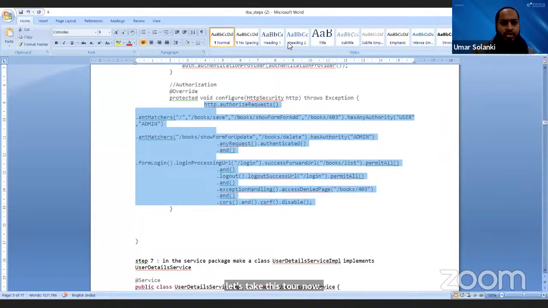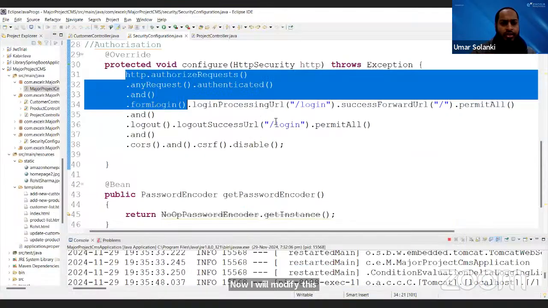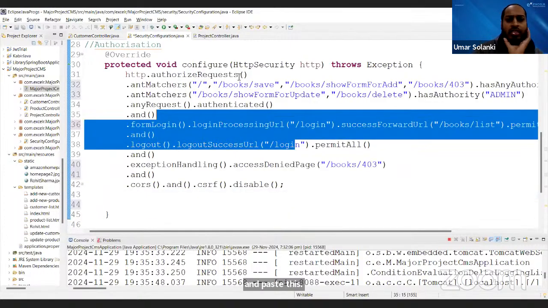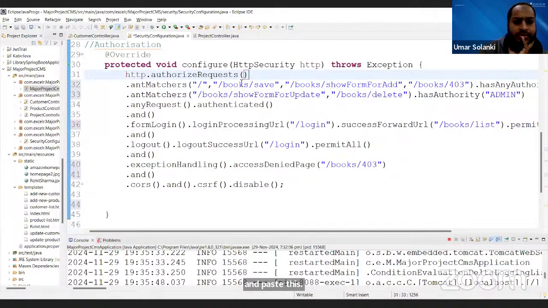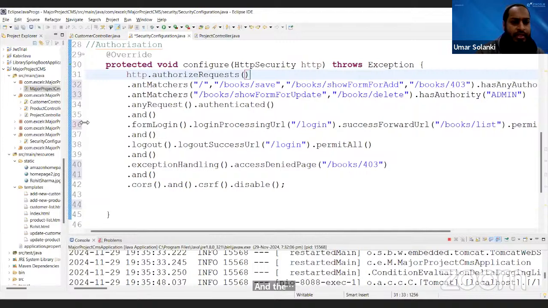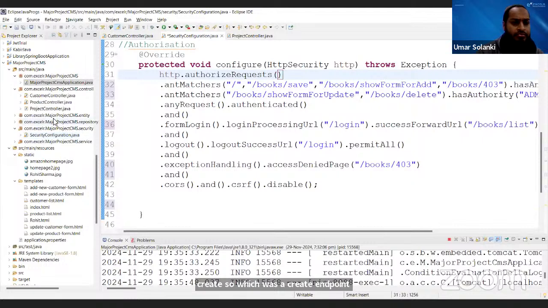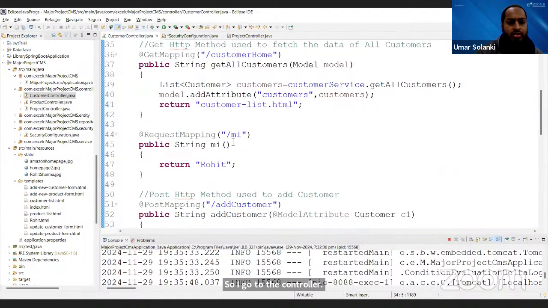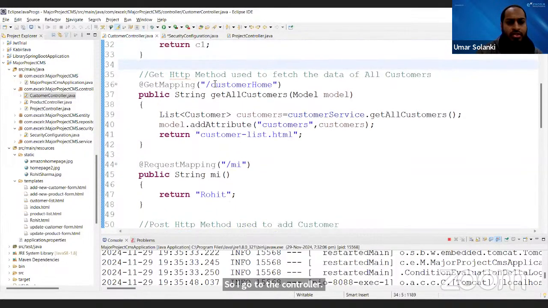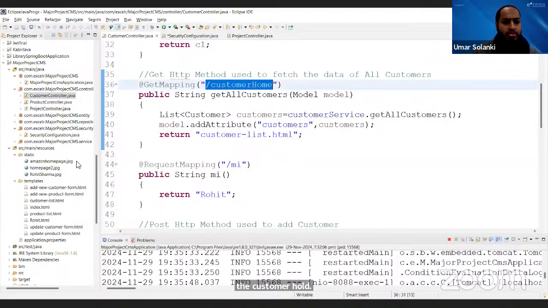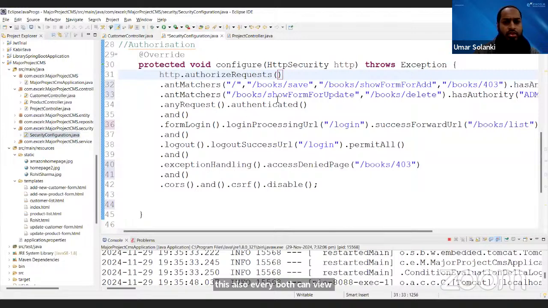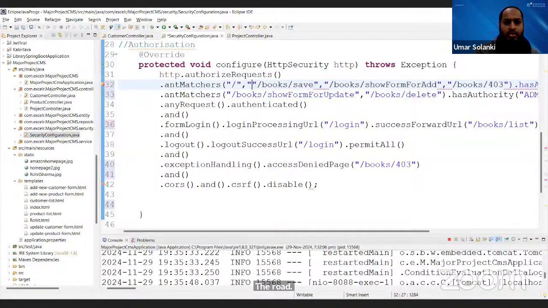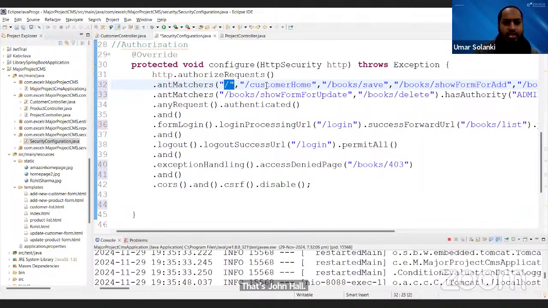Now I will modify this simple code and paste this. And now see what I will say. That the root and the create. So which was the create endpoint? Which was the endpoint for create? So I go to the customer controller and the customer home. This also both can view. So I will give the root as well as the customer home. So I'm giving all those endpoints which everybody can access. So root everybody can access, customer home everybody can access,